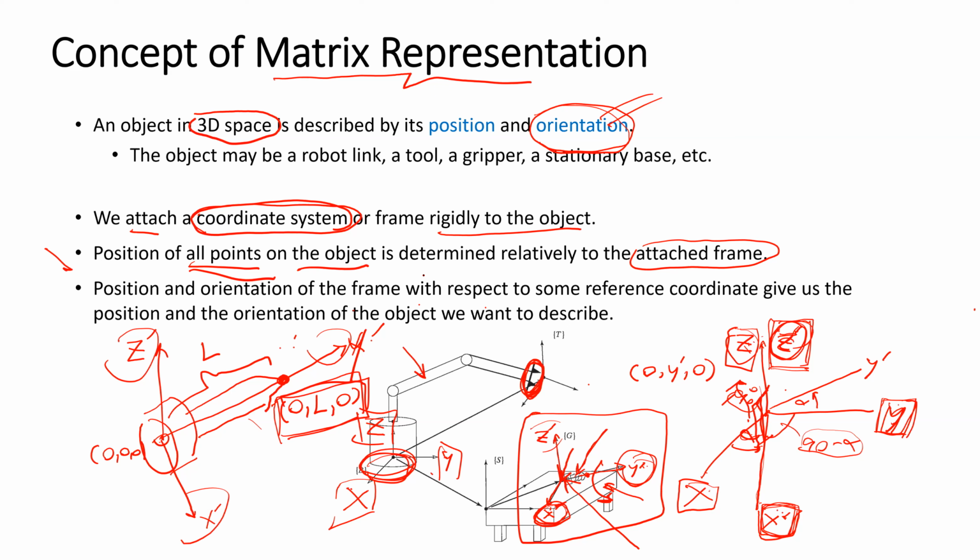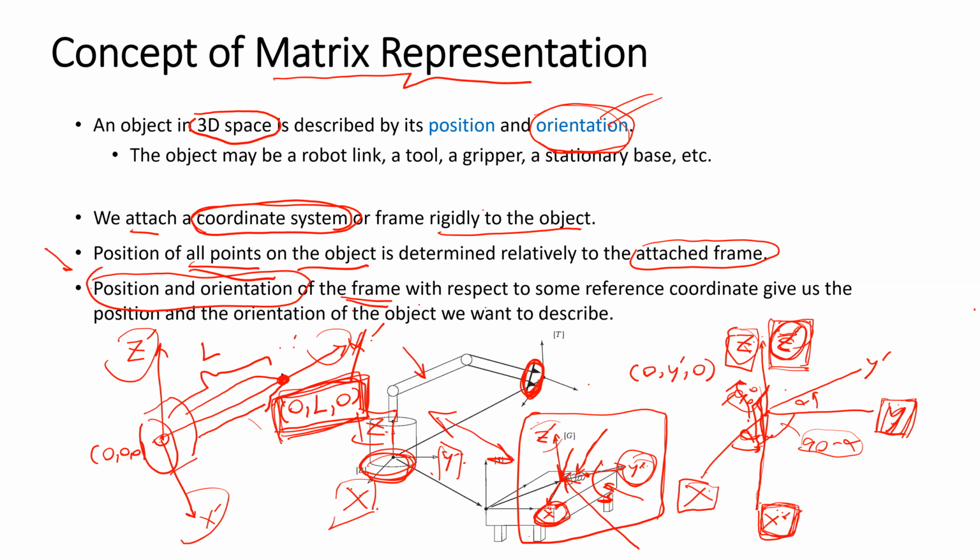Also, we want to relate the position and the orientation of the XYZ frame with respect to the global XYZ. If we know the relationship between these two frames, and we know how the particle on the object is related to that frame,